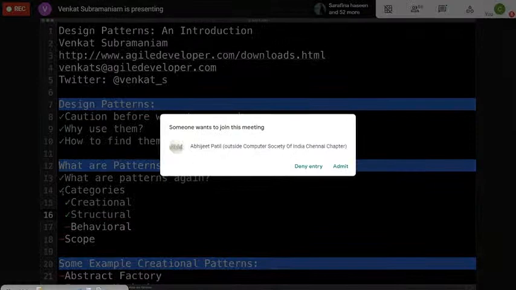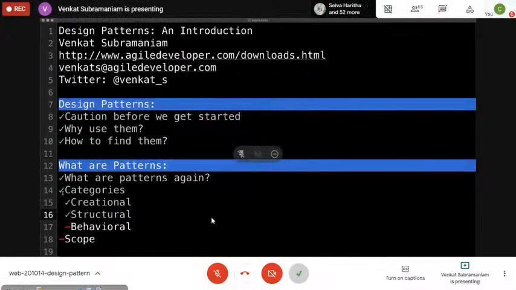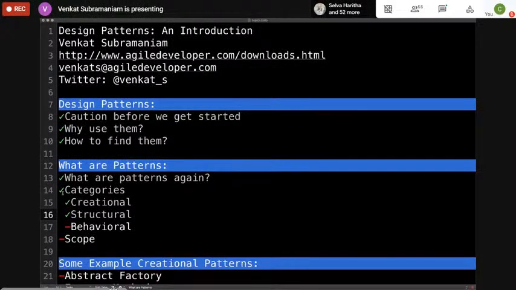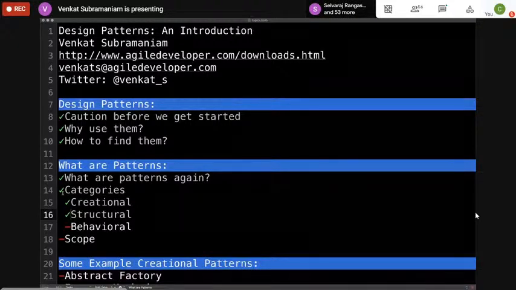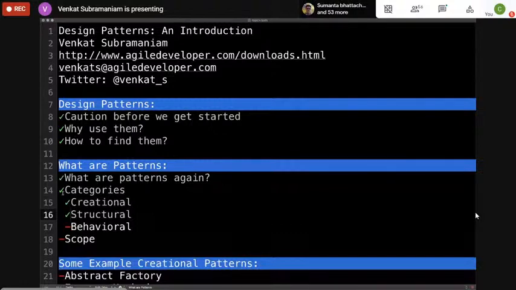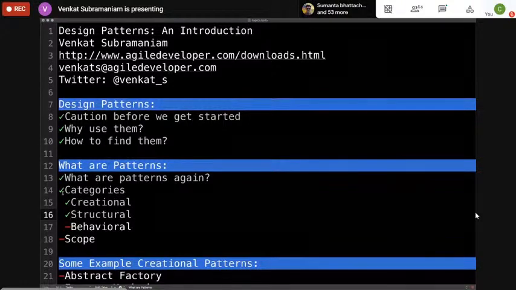That's your structural pattern. So as an example, you might say that I would like to use a particular object, but that object itself may be a collection of other objects. And this happens a lot in what we do. For example, I might have a tray where I may have a drink on it, I may have a little pastry on it, but I may have a collection of these items on a tray, and I could have different types of trays depending on what I really want. How do I structure these so that I can really ask for different types of food, but yet be able to treat them commonly? So that's basically where a structural pattern really comes in.